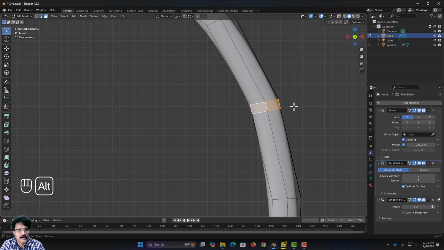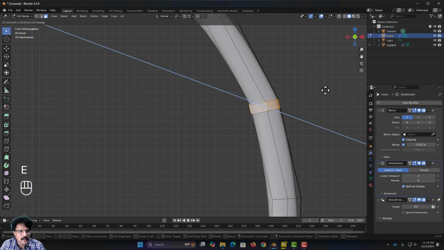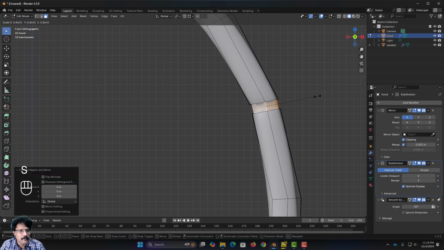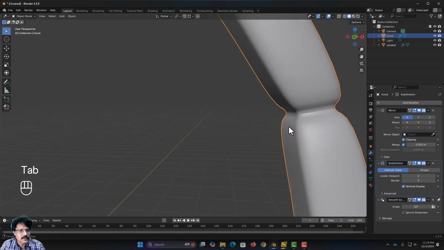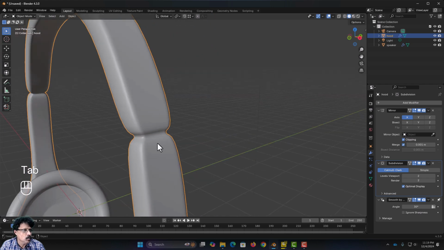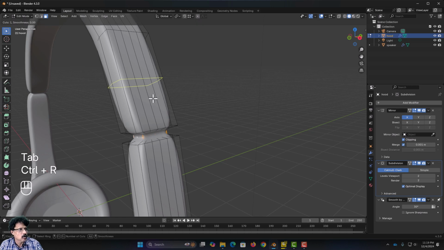I will alt click here and select this face, and then I will press E and then right click and then press S, and I am going to scale it down like this here. And if I press tab, you have this structure like this. I want this to be sharp, so again I will press tab, I will press Ctrl R, and I am